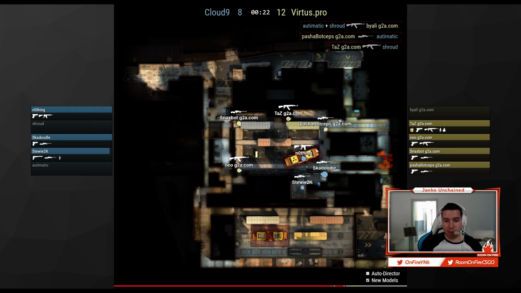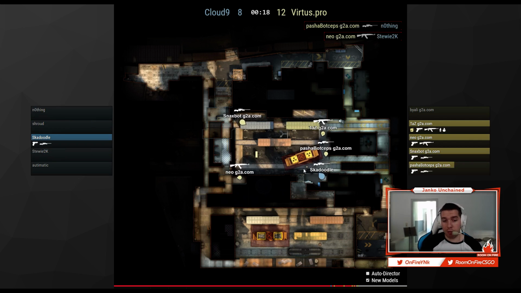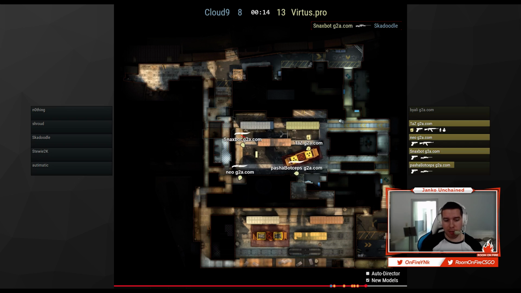Kind of looking towards mid, looking towards Ivy, not sure which position he should watch out for first, and basically with good holds, VP just gets a pretty clean round. Now this is because VP is such an experienced team, right, they can get a pretty good educated guess, so to speak, of how the CTs are holding,